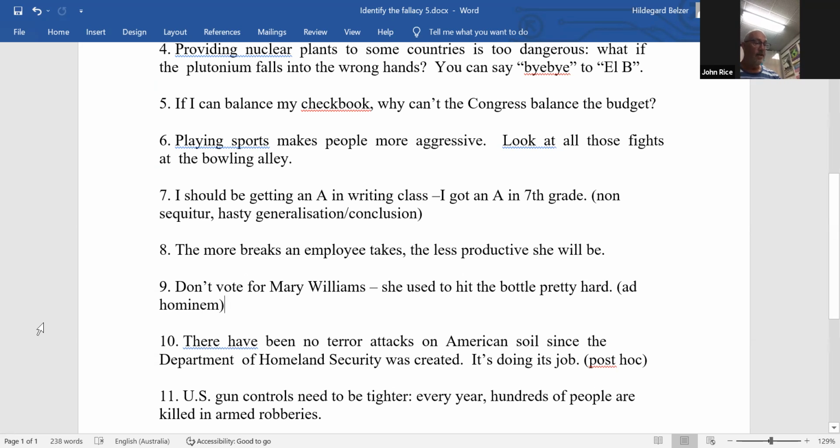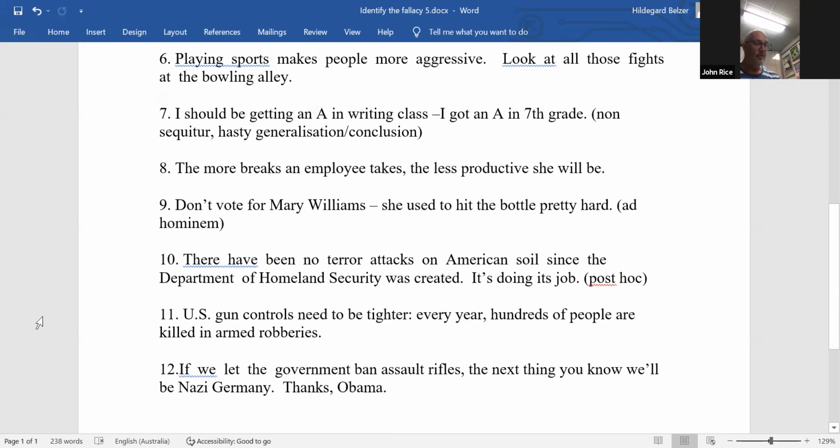Good. All right. What else have we got here? 8 could be cum hoc. What about argument of ignorance? Ah, okay. There is one called appeal to ignorance, but it's got a bit of a misleading name. That is where we appeal to the fact we don't know something and therefore we say it doesn't exist.